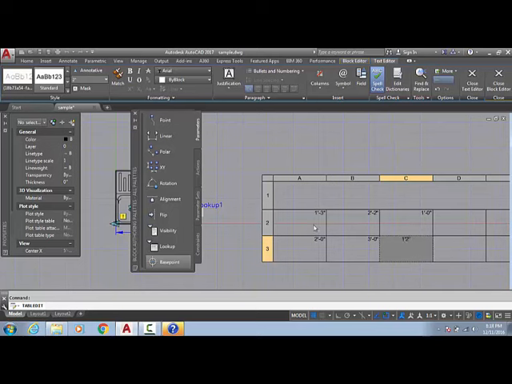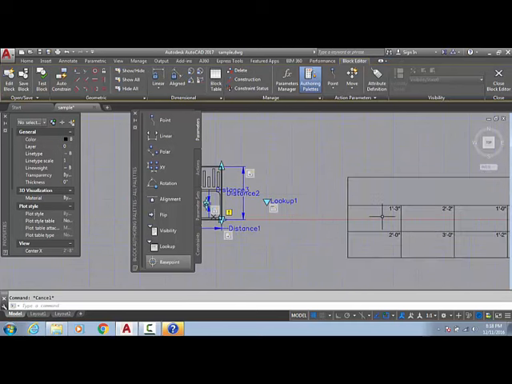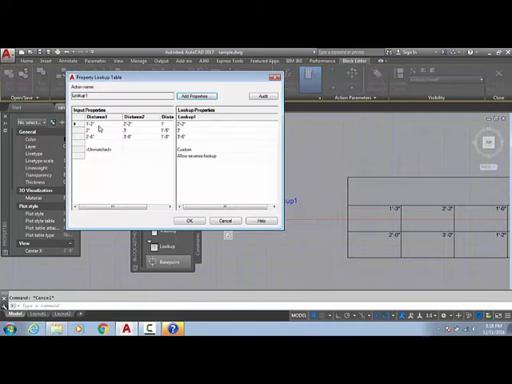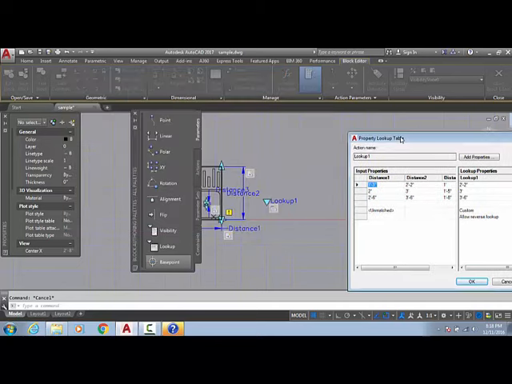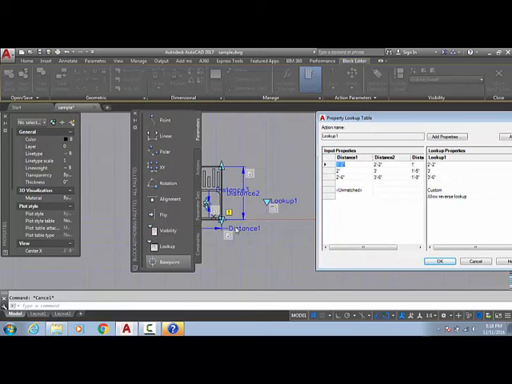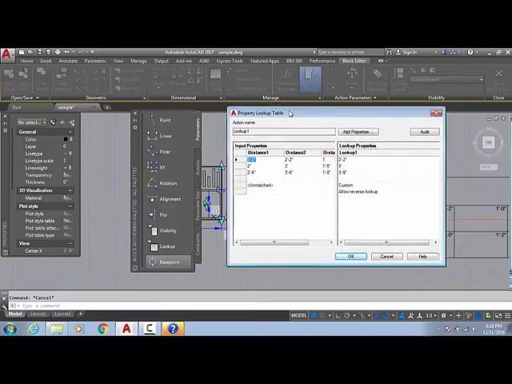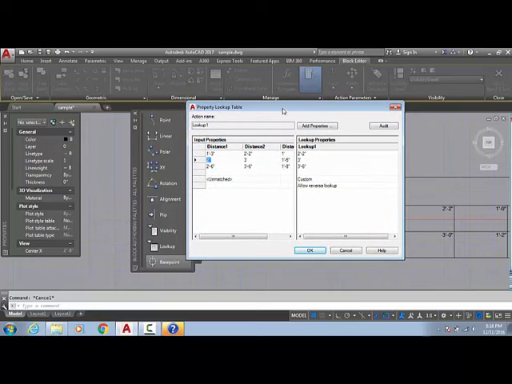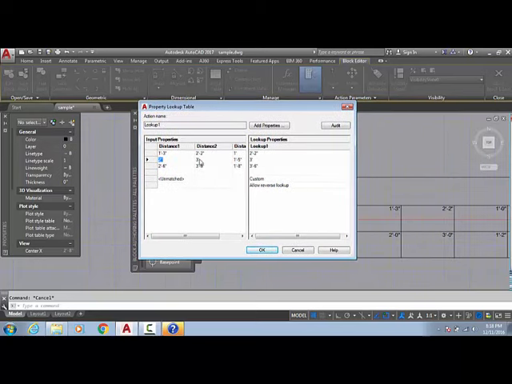Okay, now we will input the same values in our table. So right click, display lookup table. Now what will we do, 1 feet 3 inch, first one, 2 feet 2 inch, and 1 feet. It is the first one. Distance 1 we are going to verify again. Distance 1 is this distance, distance 2 is this distance, and distance 3 is the circle distance. Again the second one I am going to do 2 feet, 3 feet, 1 feet.